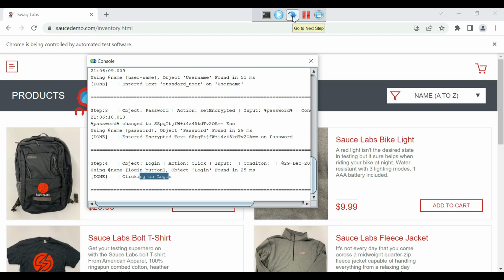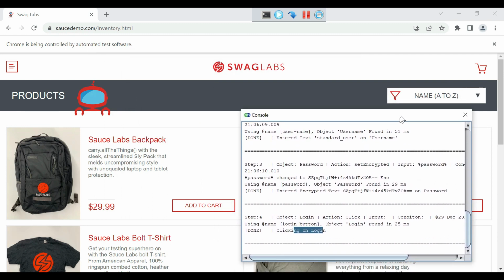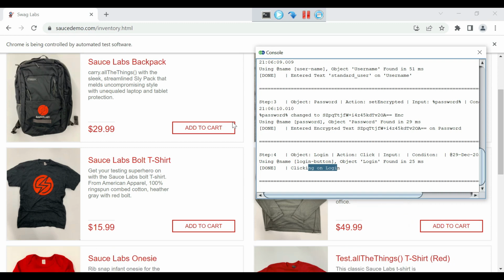The next blue icon is the step into icon, or the next step icon. If I use this console, place it strategically, scroll down a little bit, and click on this one,